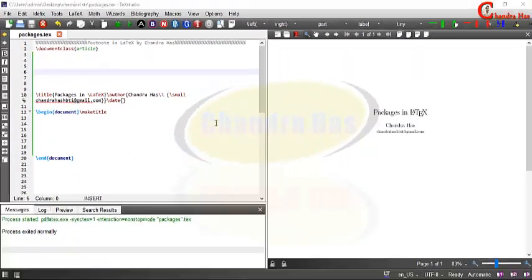Okay, now we'll start with our packages. I'll discuss some important packages and then some other packages which one should use in the document. First and very important package is the amsmath package. First I will write some text and then I'll show the use of the amsmath package.